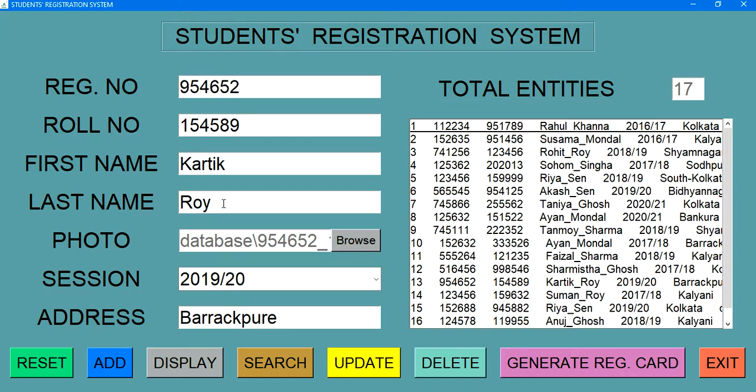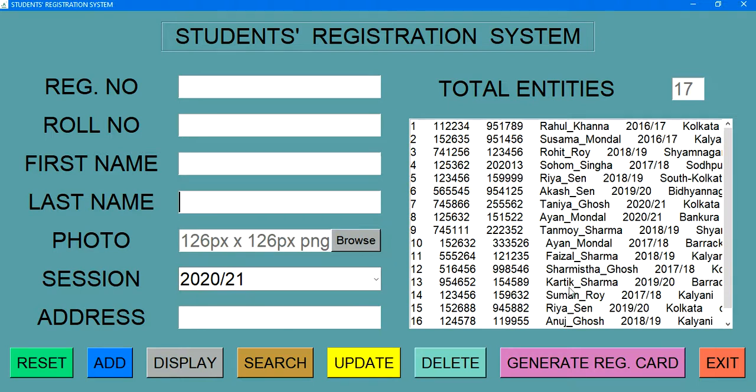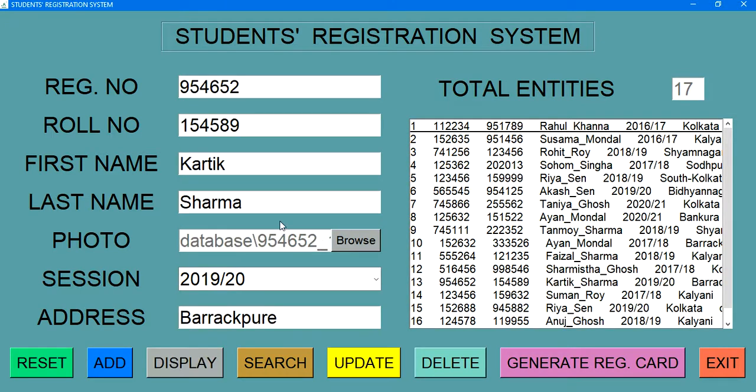And now let's assume that you have changed the last name from Roy to Sharma. So now if we click on update, it will say that your data has been successfully updated. Yeah, now it is Karthik Sharma. And if you want to display it, you can see it's Karthik Sharma.